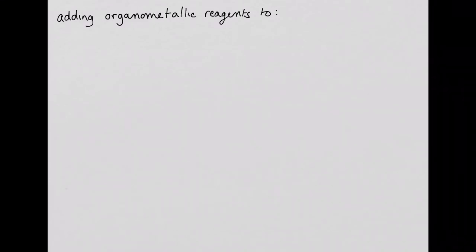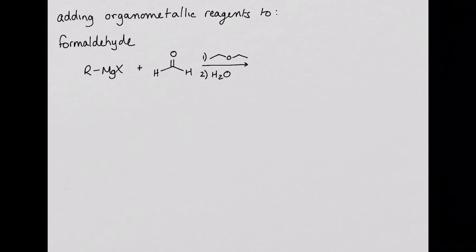Finally, let's look at some examples. One of the good electrophiles that we can add organometallic reagents to is formaldehyde. Remember that formaldehyde is a special aldehyde that has no carbons attached to the carbonyl carbon, only hydrogens. When we add a Grignard reagent to formaldehyde in the presence of ether, followed by a water workup, the product is a primary alcohol. No matter what organometallic reagent we add to formaldehyde, the product will always be a primary